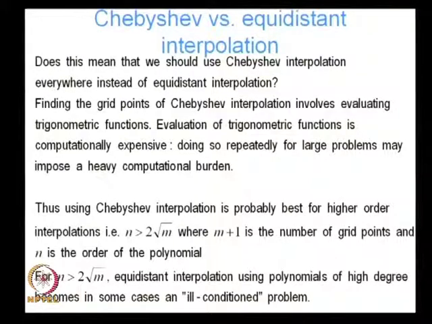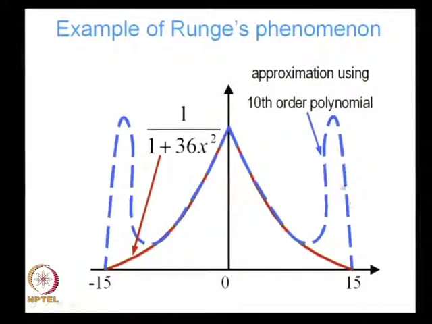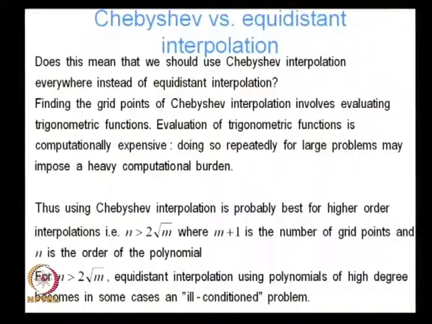Thus, using Chebyshev interpolation is probably best for higher order interpolations, particularly because higher order interpolations have this problem. So, for these higher order interpolants, it is better to use Chebyshev interpolation, to use your grid points at the zeros of the Chebyshev function, which is of the order of the remainder. But in case you are using lower order interpolants, then maybe you can get away with using equidistant interpolation. Maybe it is not that bad, because, well, you are going to get larger errors,